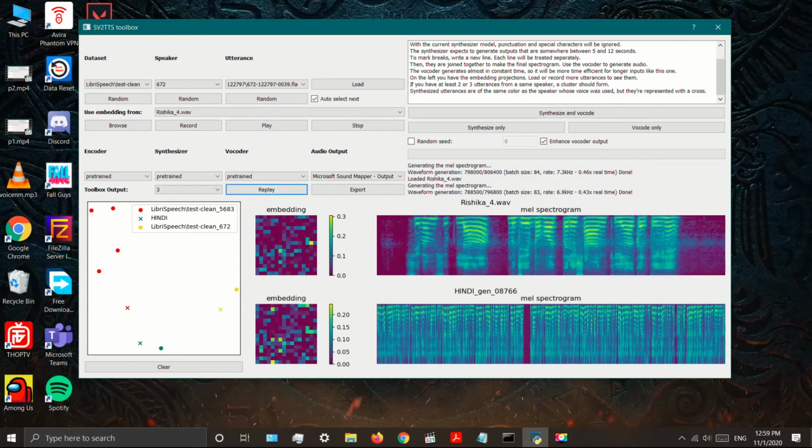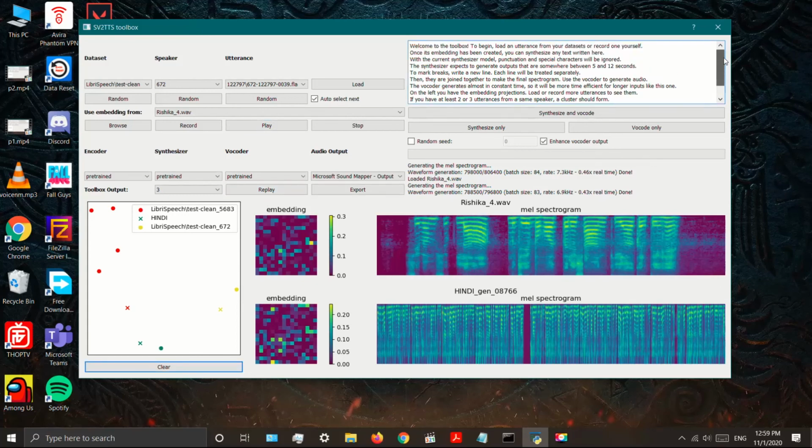Welcome to the toolbox. To begin, load an utterance from your datasets or record one yourself. Once its embedding has been created, you can synthesize any text written here. With the current synthesizer model, punctuation and special characters will be ignored. The synthesizer expects to generate outputs that are somewhere between 5 and 12 seconds. To mark breaks, write a new line. Each line will be